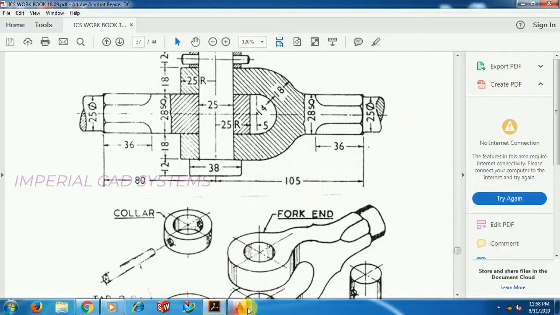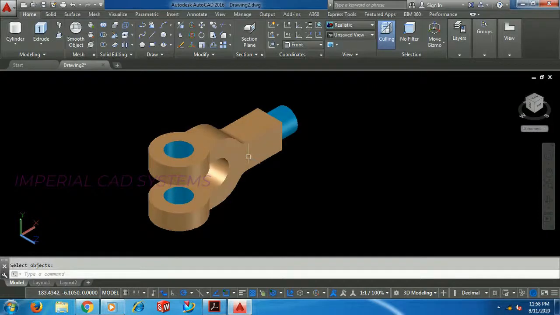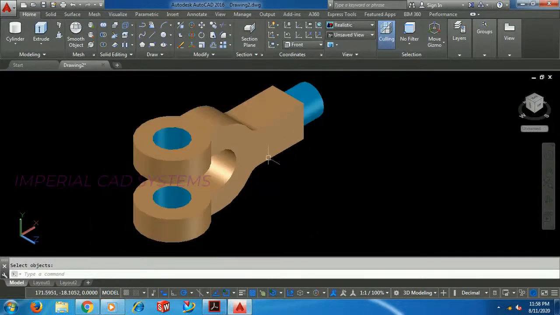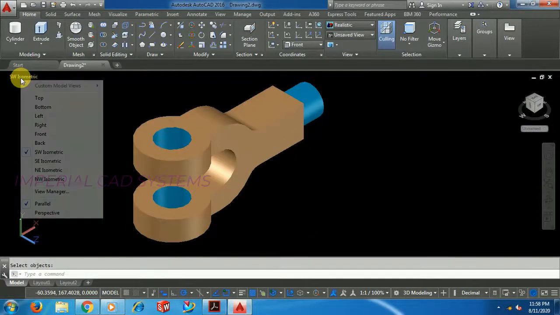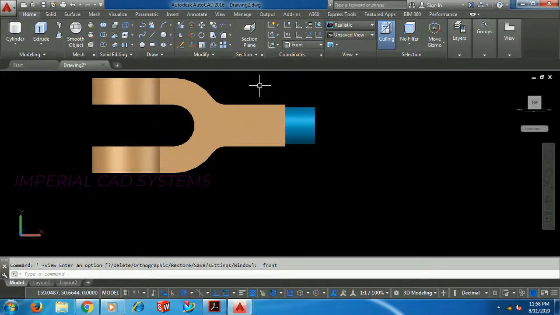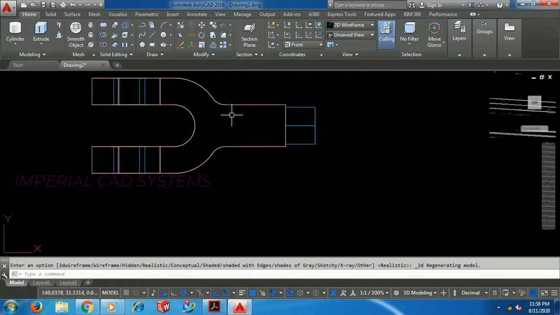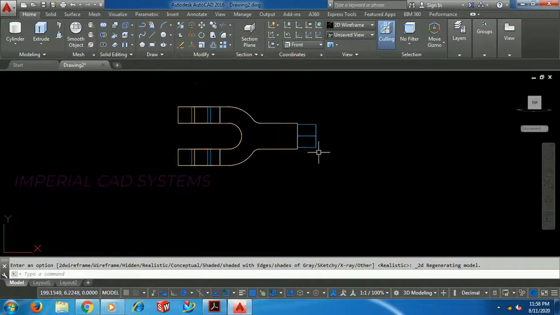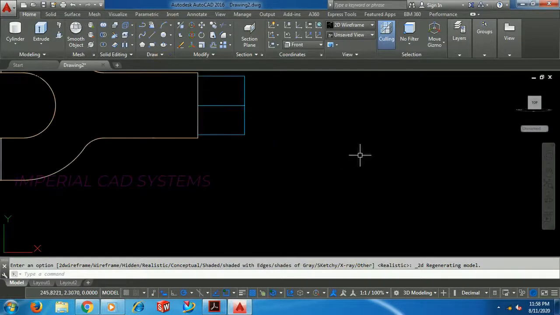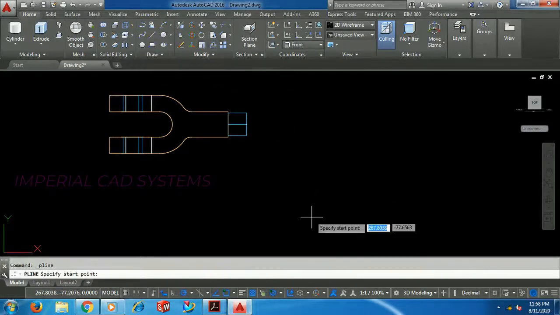Then front view, 2D wireframe. So what I do here is I go for line or polyline,